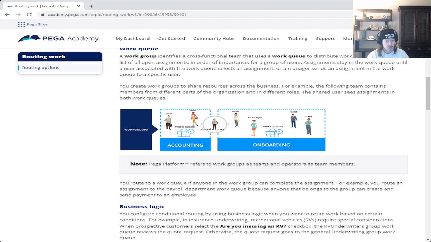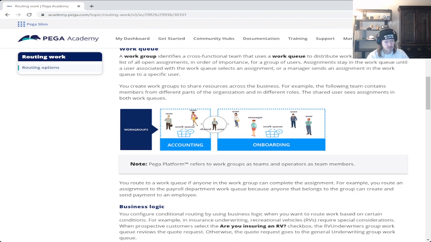Assignments stay in the work queue until a user associated with the work queue selects an assignment or a manager sends an assignment in the work queue to a specific user. You create work groups to share resources across the business. For example, the following team contains members from different parts of the organization and in different roles. The shared user sees assignments in both work queues.